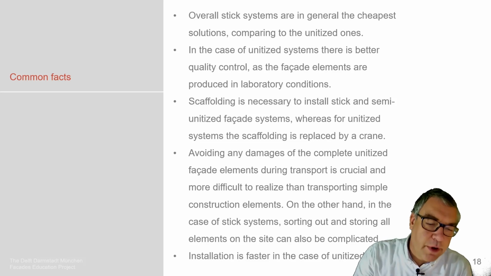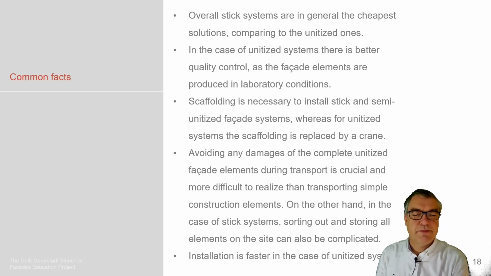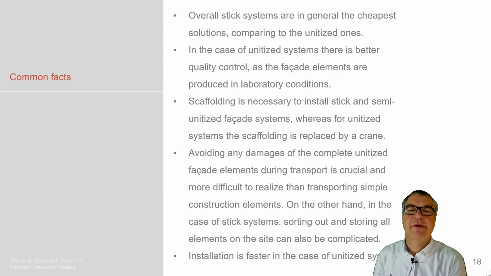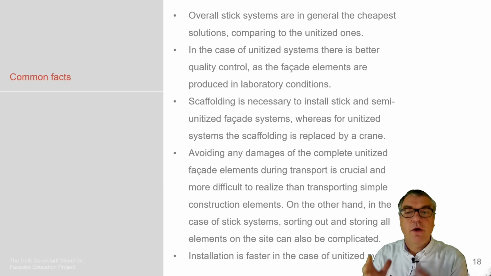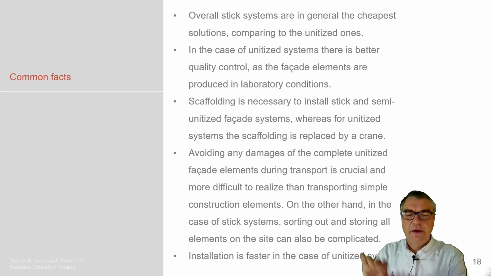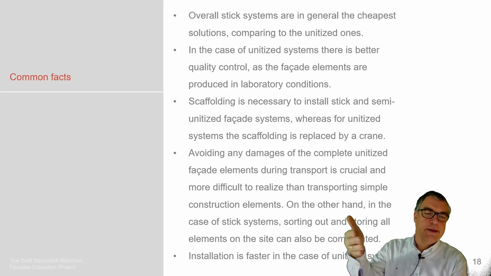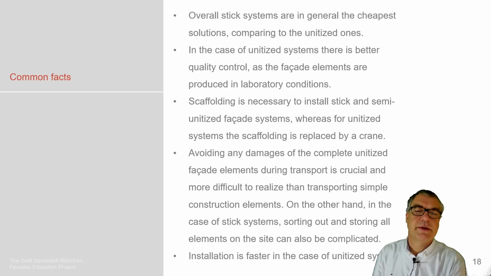The general arguments for the selection of a stick system or unitized system: stick systems are in general a lot less costly than a unitized system. This mainly depends on the number of manufacturers being available to do so. Unitized systems, obviously being fabricated in the factory, do tend to have a better quality, depending on who's installing. Scaffolding is an interesting aspect. For a stick system, we need to have scaffolding to get it installed, especially from outside, versus a unitized system, which can be installed by the crane, so no scaffolding is used, which means that mainly for high-rise buildings, this is something which is interesting.